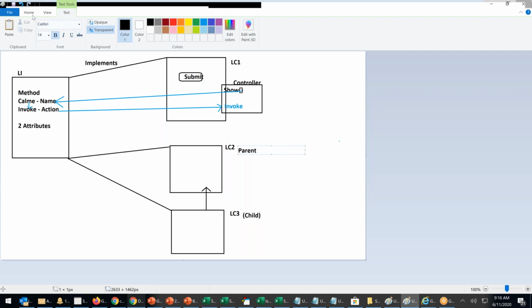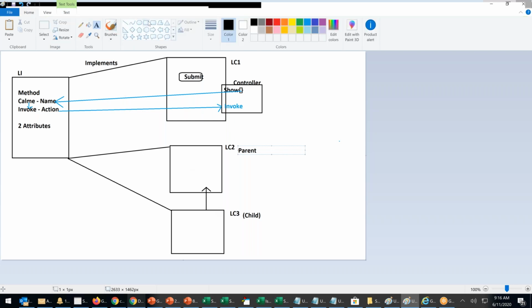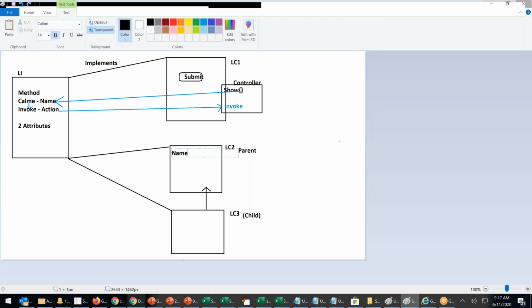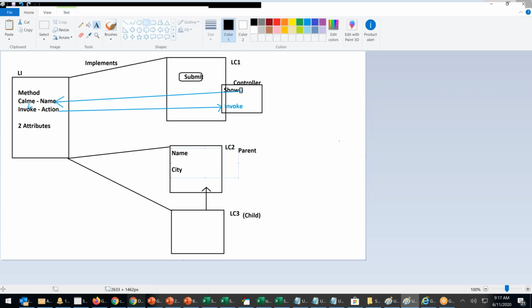So this is what I'm trying to do. A name input field is there called name, and city. And there is a box, and there is a button called submit that I created.